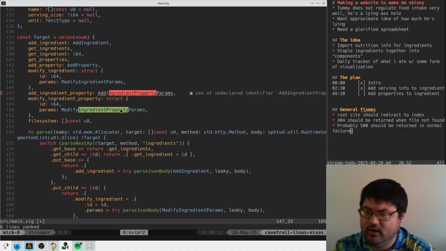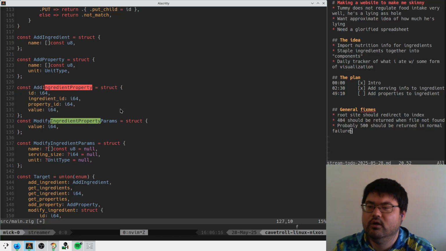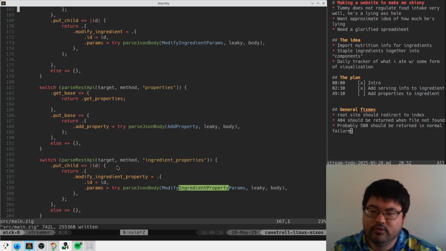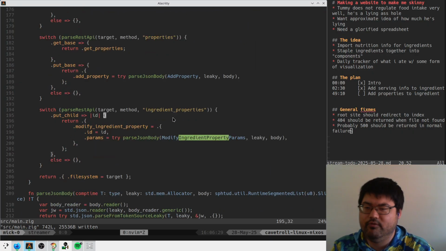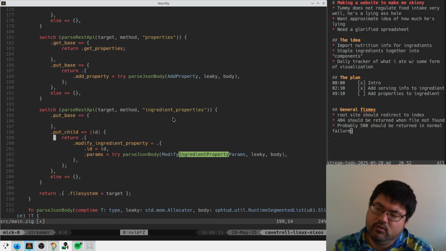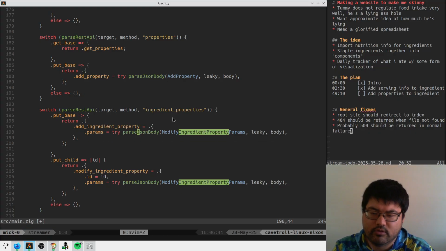Copy paste this guy to here. He looks very similar, but he has no ID because the ID is known later. Sure. So if we have put on the base guy, we return something that resembles this, add ingredient property with probably